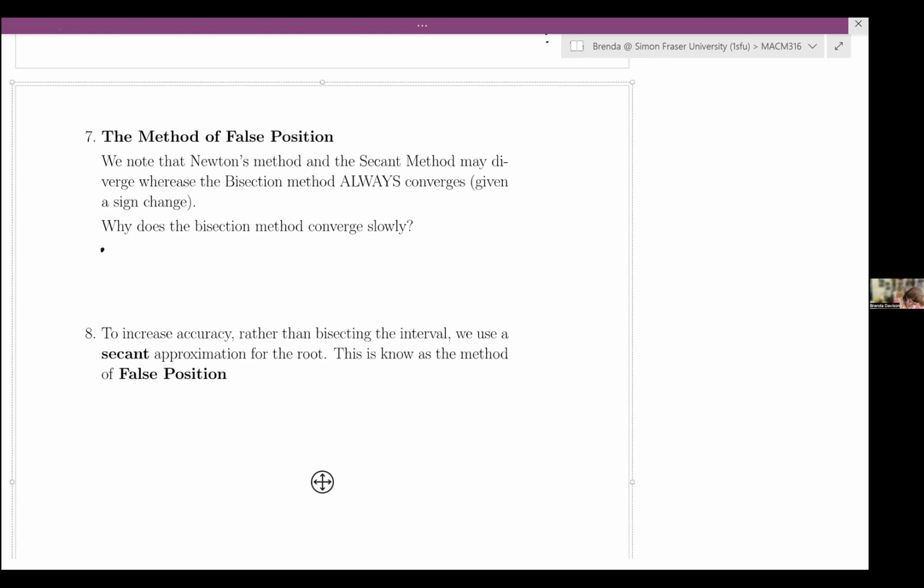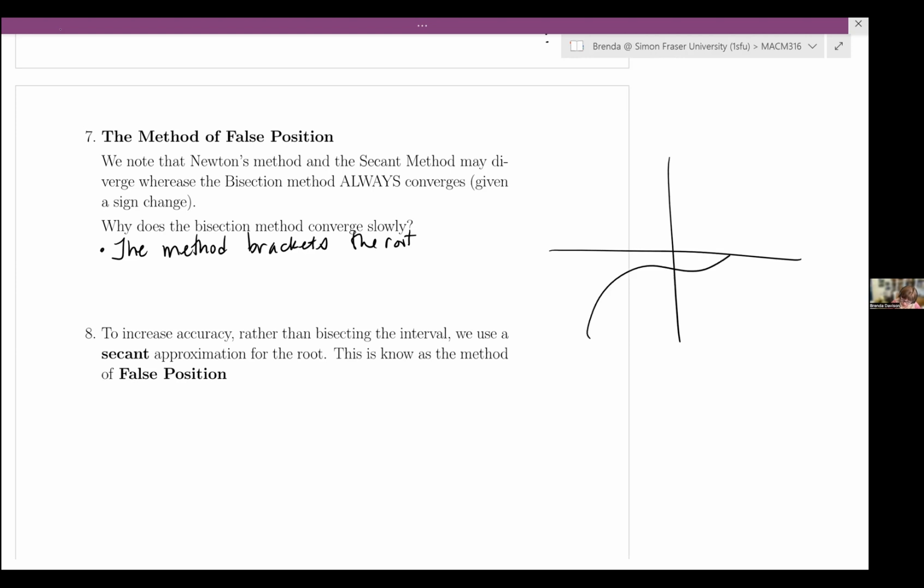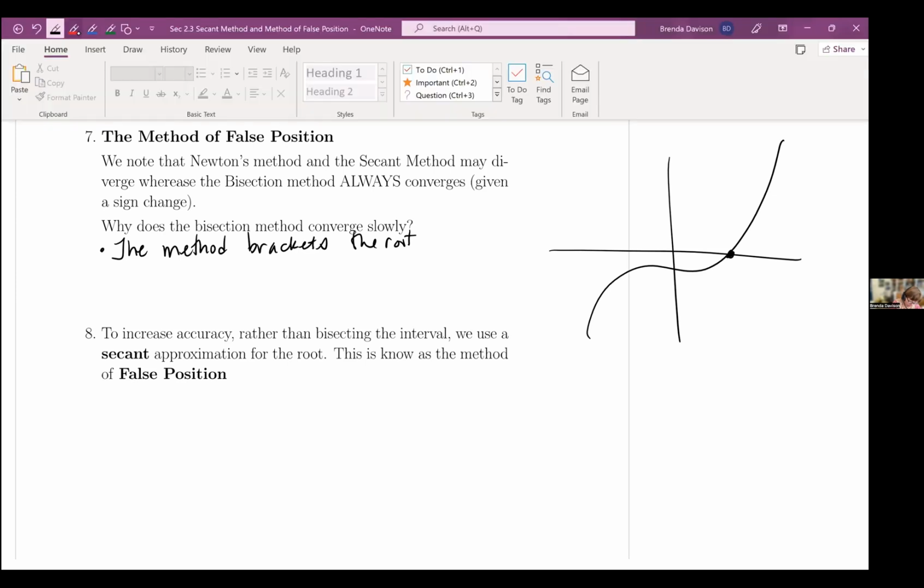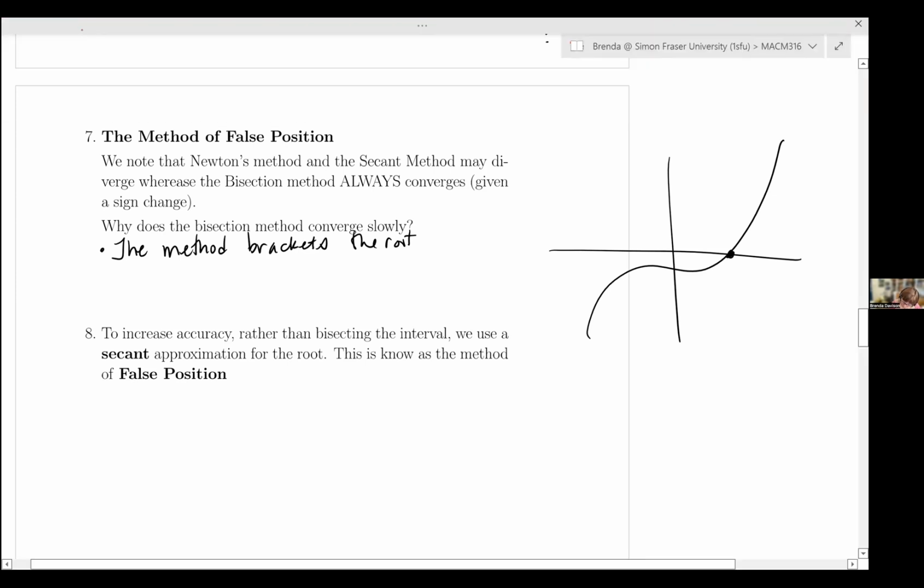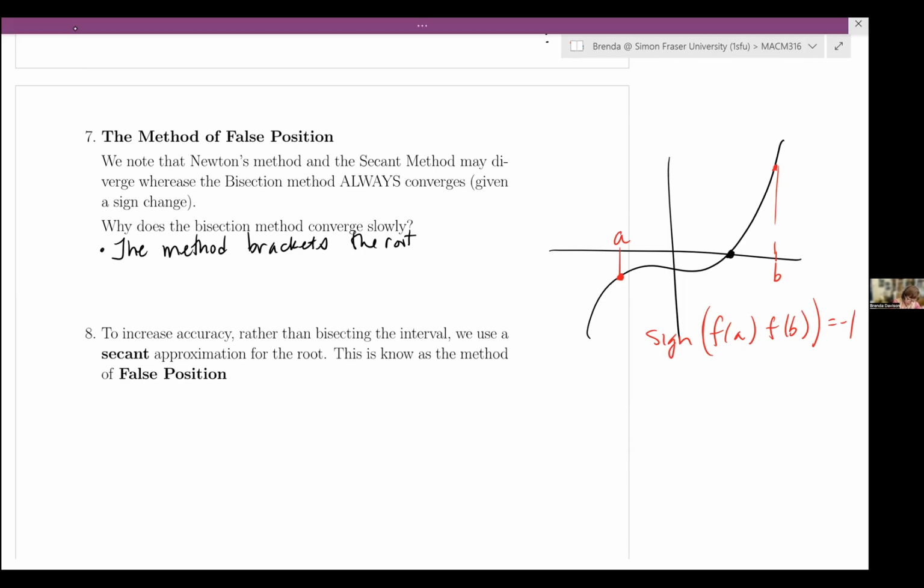Okay, so the method brackets the root. What do I mean by that? We have some sort of continuous function. It has a root, and we must start the bisection method. We must find a value a, and we must find another value b, such that the sign of f of a times f of b is -1. They have to be of opposite sign. So the method brackets the root,